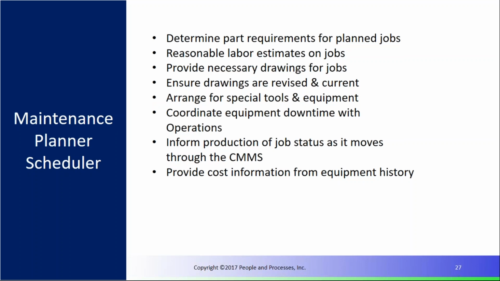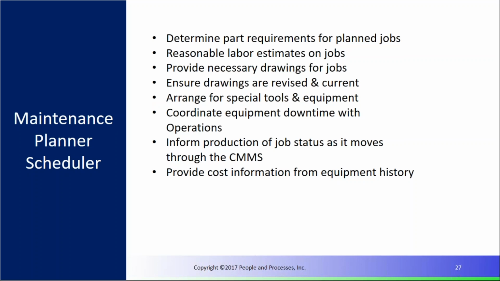As you're doing that, it helps you when you think about coordination aspects as well. Because now I know I've got to have the electrician, maybe an operator potentially to help with the cleanliness. I might have a helper. All those coordination aspects are part of that as well. The necessary drawings, again, what can we do to help that technician by providing that information so they don't have to find it? We shouldn't, for example, say per specification in the job plan, because now we've sent that individual off looking for something. We need to say, if the torque's 80 foot-pounds, we need to put 80 foot-pounds in the job plan. Any kind of special tools,